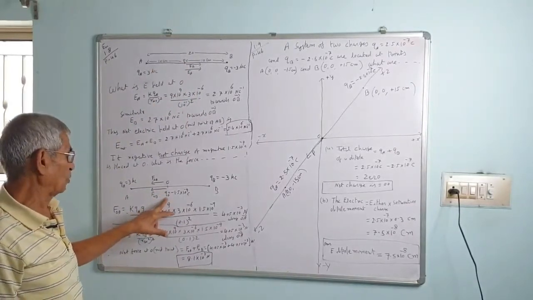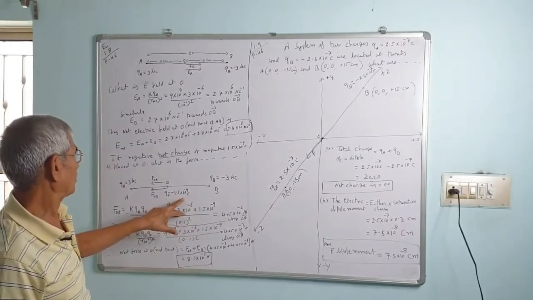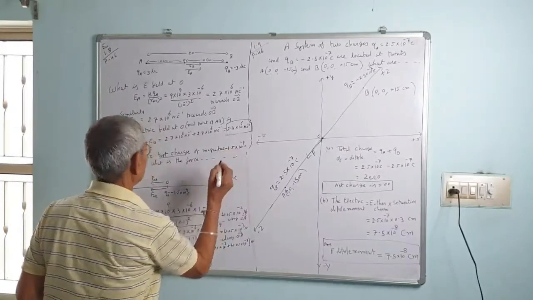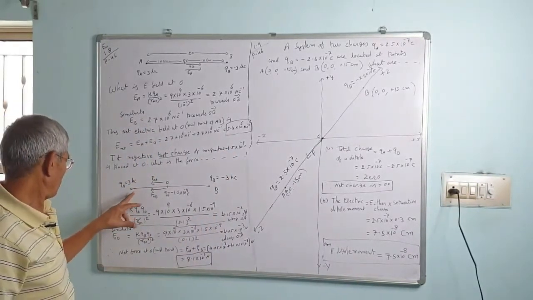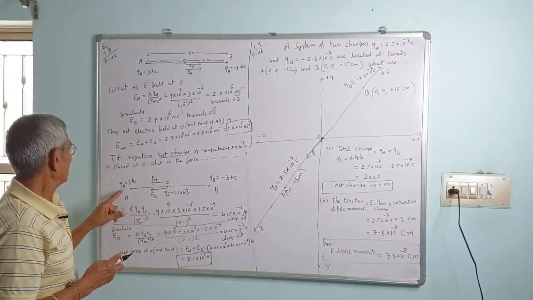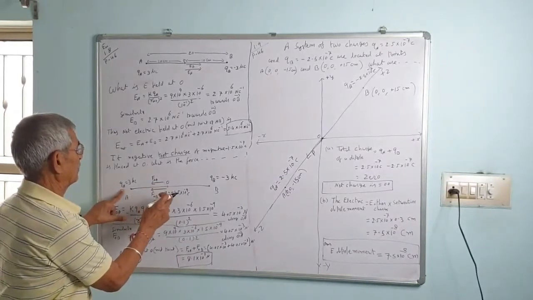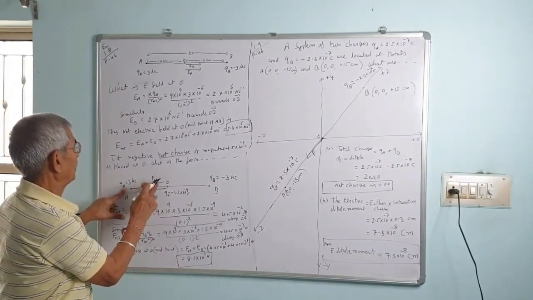Let us call it Q0. So Q0 is equal to minus 1.5 into 10 raised to minus 9 coulomb. This is a minus. So the force between QA and Q naught will be attractive. This is negative charge, and this is positive charge. There will be attraction, so FOA will be towards the